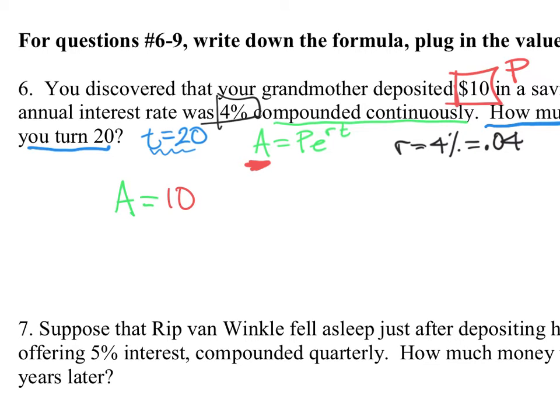And then we have the number e, raised to the rate times 20. Our r is 0.04, and our time is the 20. When we put all of this into our calculator and calculate it, we end up with